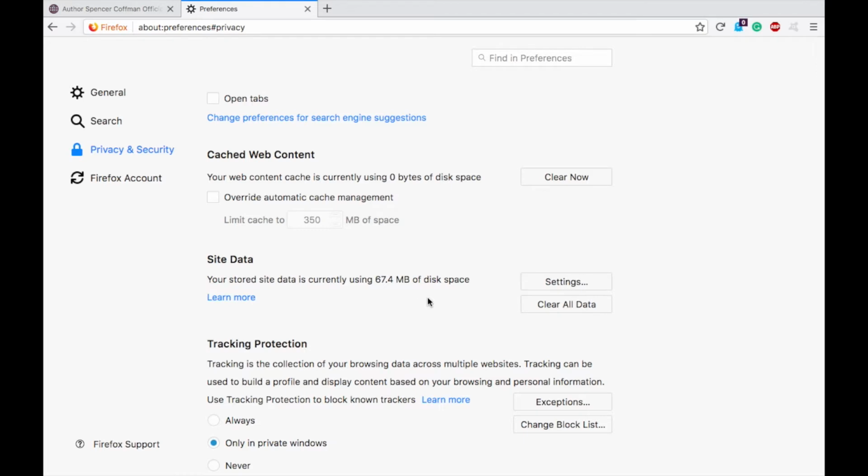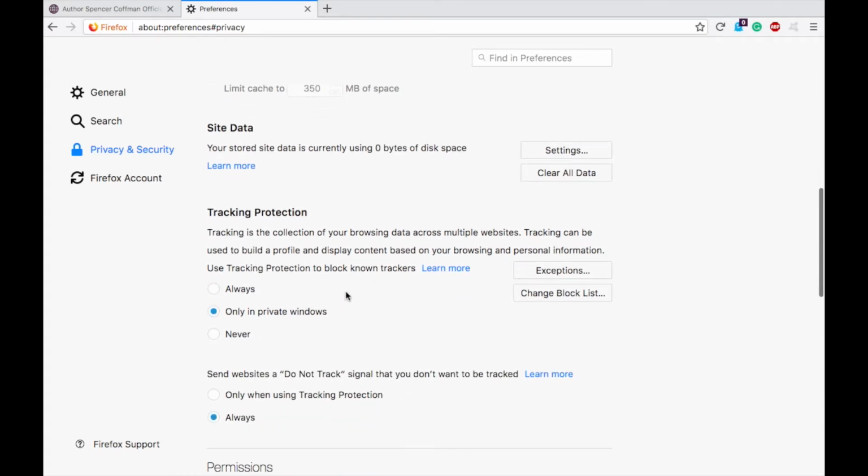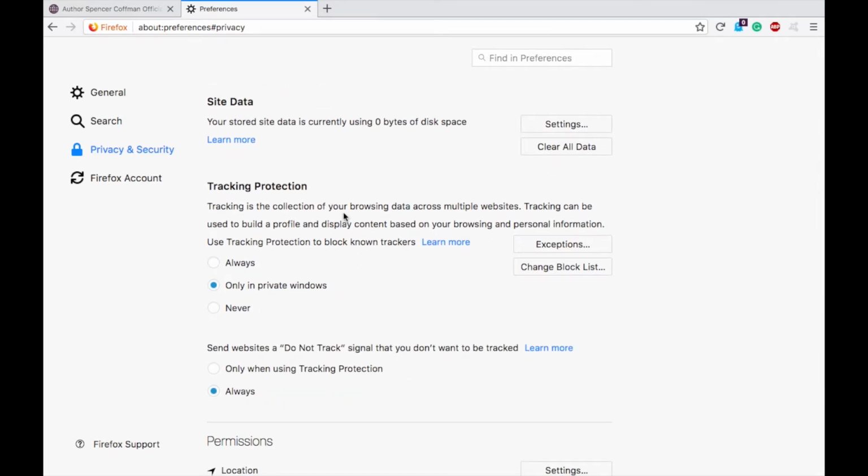Clear now. Then they have tracking protection. So this is when they collect all of your stuff across the multiple websites. Here it says right here it can be used to build a profile and display content based on your browsing and personal information. Do you want them to collect your browsing and personal information? Hopefully not.